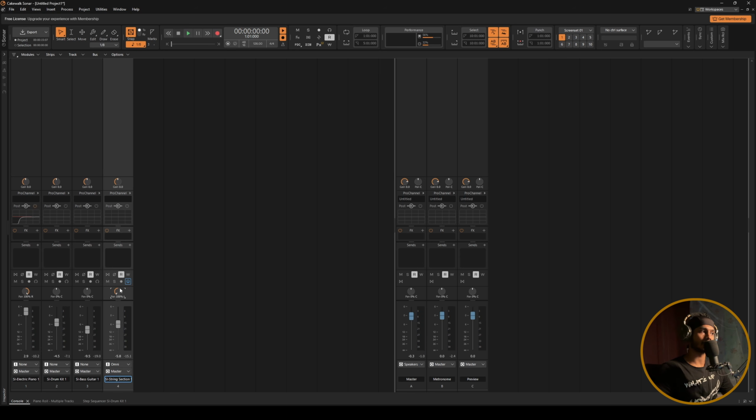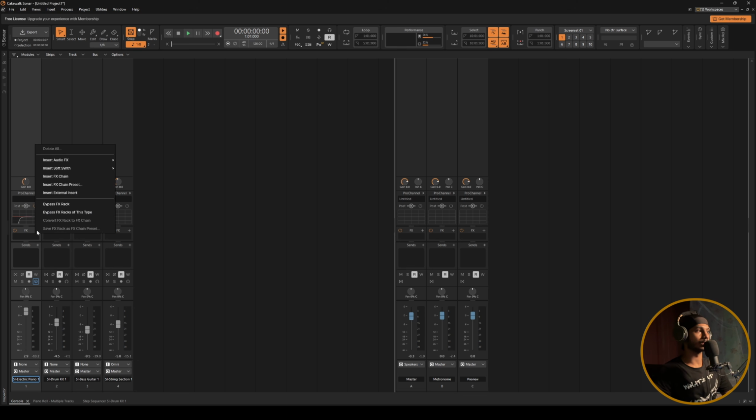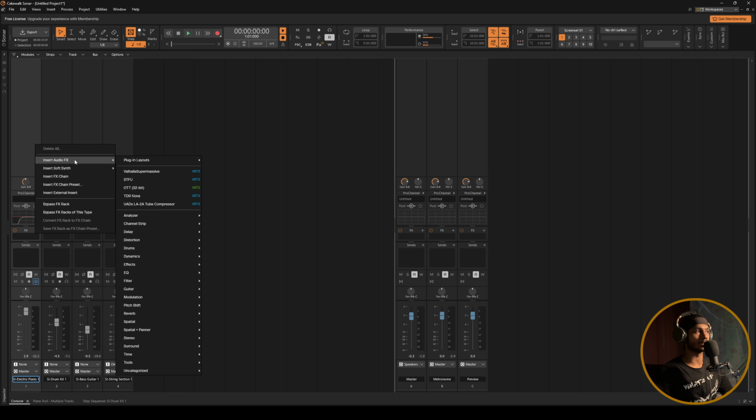You double click on the knob or any parameter over here, it resets it, like so. Here you will see the effects section. Here is where you can add your third-party plugins for the effects, like your reverb, your compressor. You click on the plus icon, you go to insert audio effects, and then you select the plugin that you